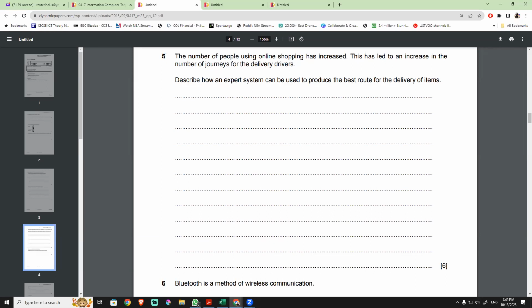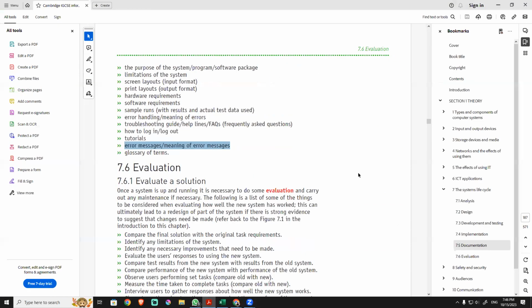Tell me if you understand the question. Like how an expert system can be used to produce the best route for the delivery. Correct. So it's part of the expert system. That's part of chapter 6. If you look at chapter 6, actually,